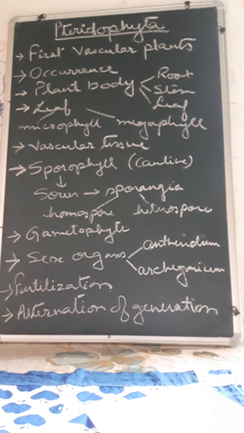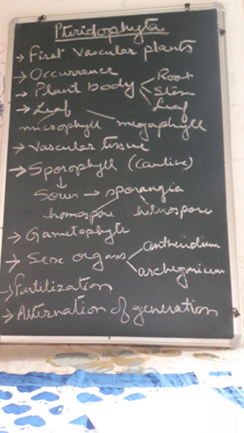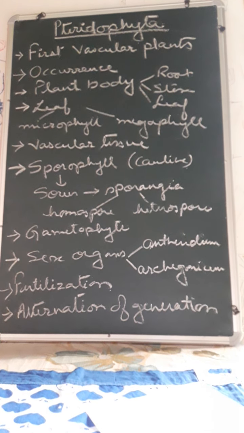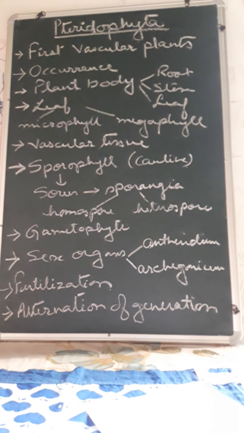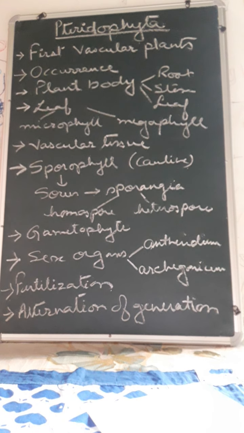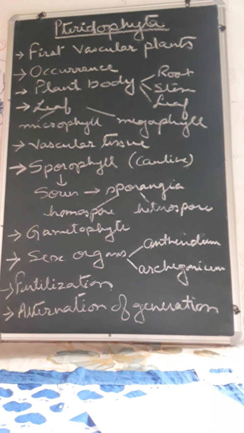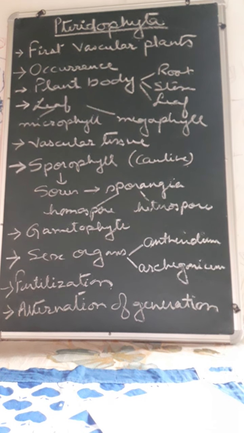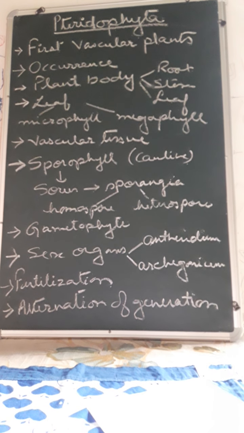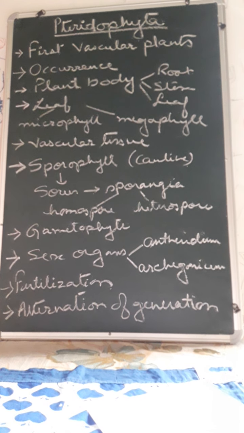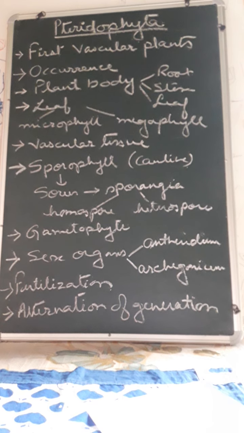Now these different types of spores lead to seed habit. After pteridophytes we get gymnosperms, then angiosperms. These higher plants, basically the angiosperms, develop seeds from where? From the ovule, isn't it? That means due to this different type of spore formation, seed development starts. That's why heterospory leads to seed habit. The pteridophytes are the pioneer structures which first initiated the occurrence of seed habit. So these points are very important.